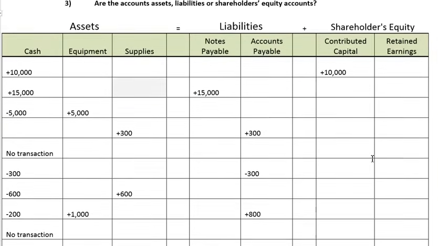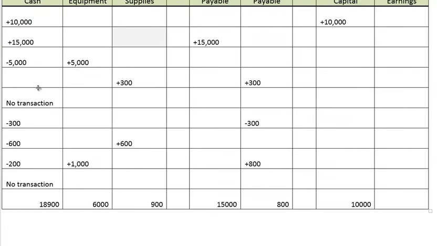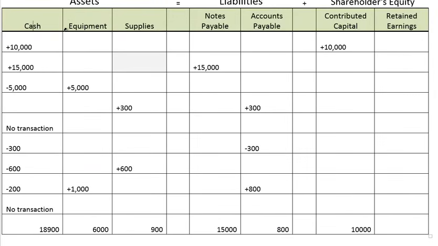So let's see what it looks like in our transaction analysis worksheet. We've got cash going down, and we know cash is an asset. So we've got the asset cash going down by 200, the amount we paid. We also said we have equipment coming in. Equipment is an asset, and it's going up by 1,000. We've also got a liability affected because there's $800 of that $1,000 worth of equipment that we bought that we're not going to pay for right now. We're going to pay it later. So that liability has now gone up by 800.